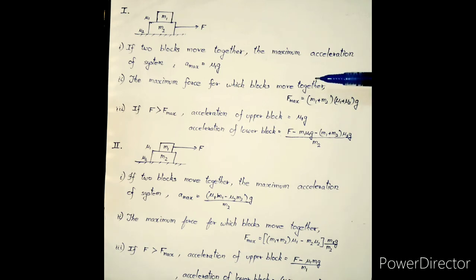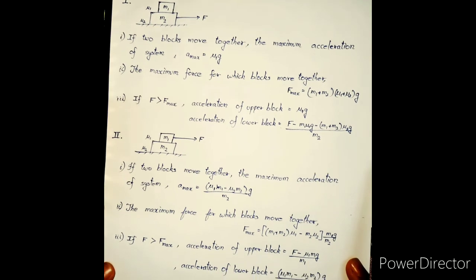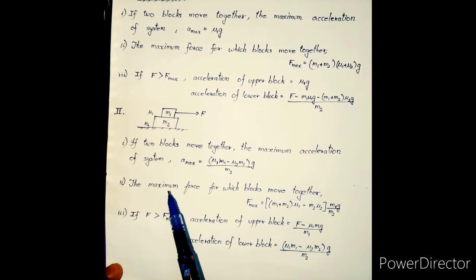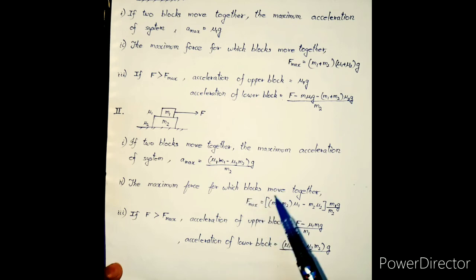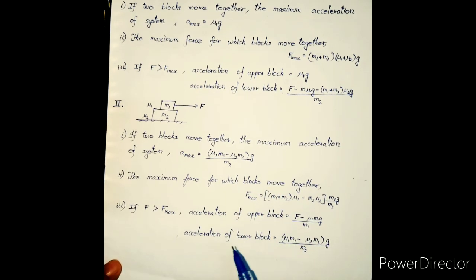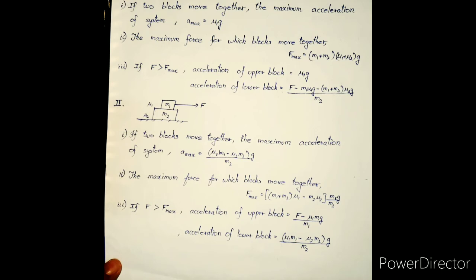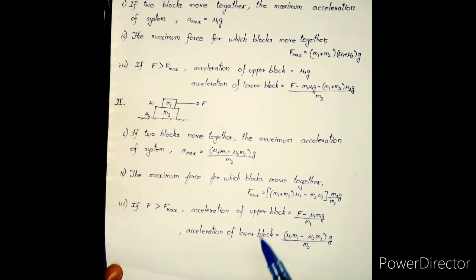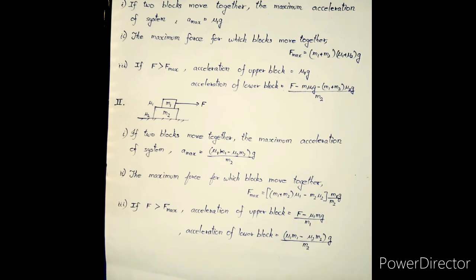This is the case for the lower block, and we are coming to the upper block. Here we get like this. Maximum acceleration is (mu1 m1 minus mu2 m2) into g by m2, and the force is (m1 plus m2) into (mu1 minus m2 into mu2) whole m1g by m2. And in a similar case, the acceleration of the given blocks. Now if we consider the surface as smooth, the simple thing we have to do is mu2 becomes 0. We have to substitute mu2 equal to 0 everywhere, and we will get the equations for the smooth surface as well. So these are the equations we would be getting.